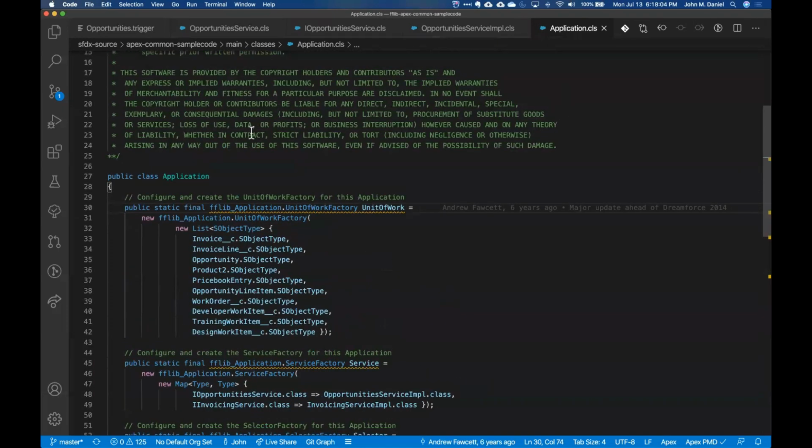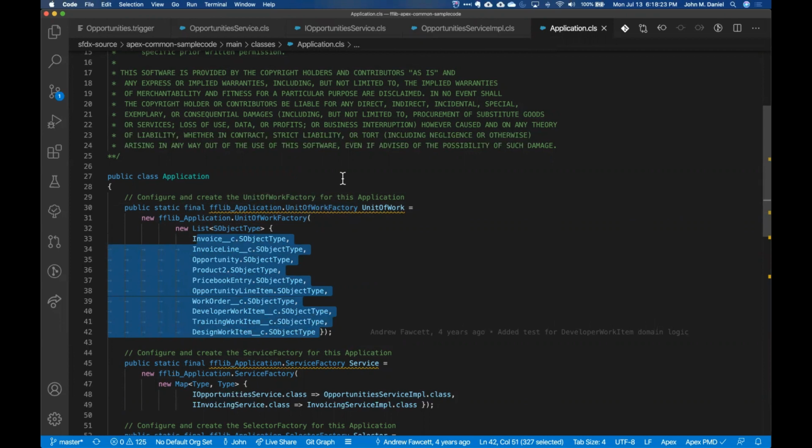It's pretty straightforward. It defines four variables. One of them is a static instantiation of the unit of work, and that is the fflib unit of work factory. And so here you just add the extra pieces of the puzzle with the unit of work. So the unit of work class itself manages all the complexity around saving